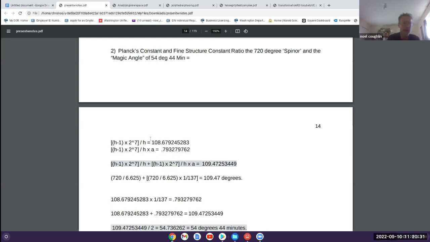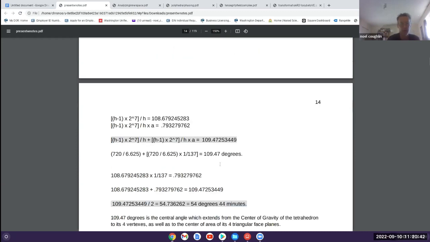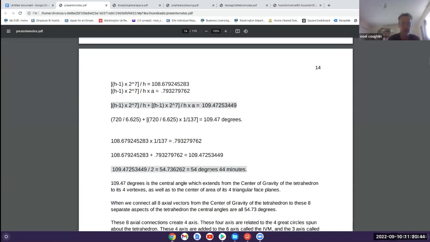Now, when you take that number 108.67 and you multiply it by 1/137, the fine structure constant, you get this number, 0.79327. When you add them together, you get 109.472. And that is twice the 54 degrees 44 minutes angle. This angle here,